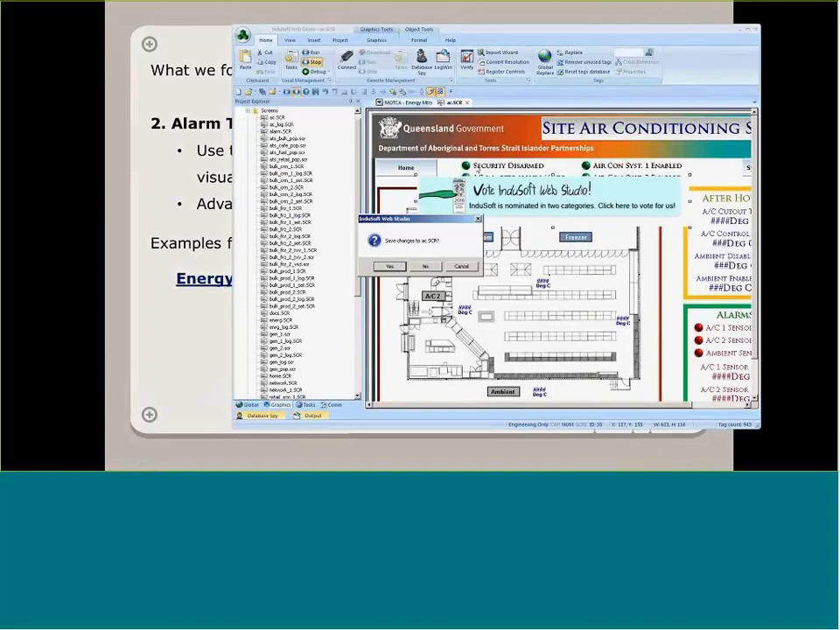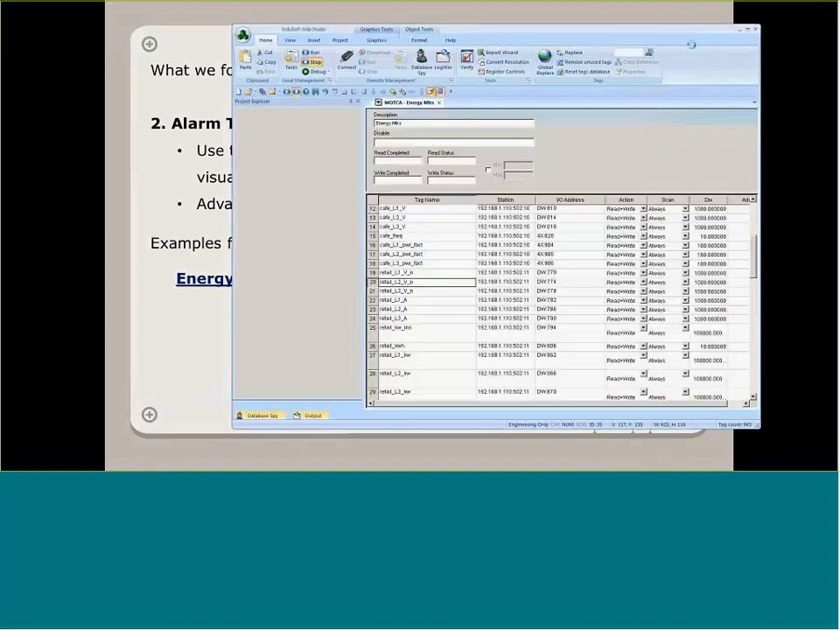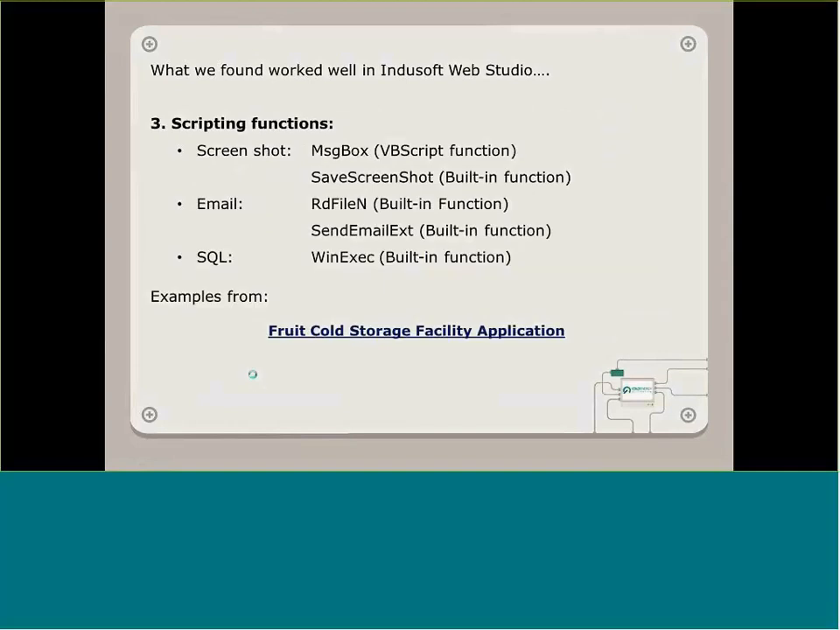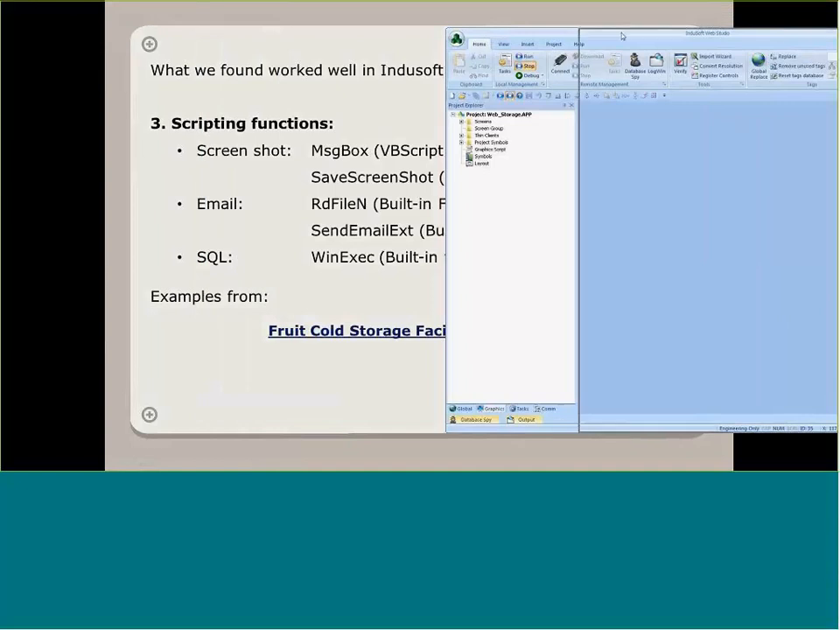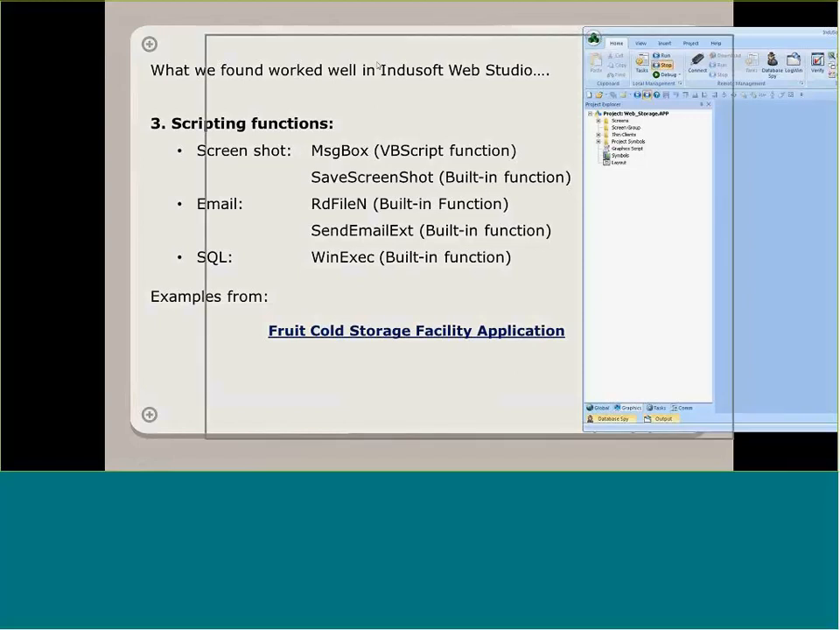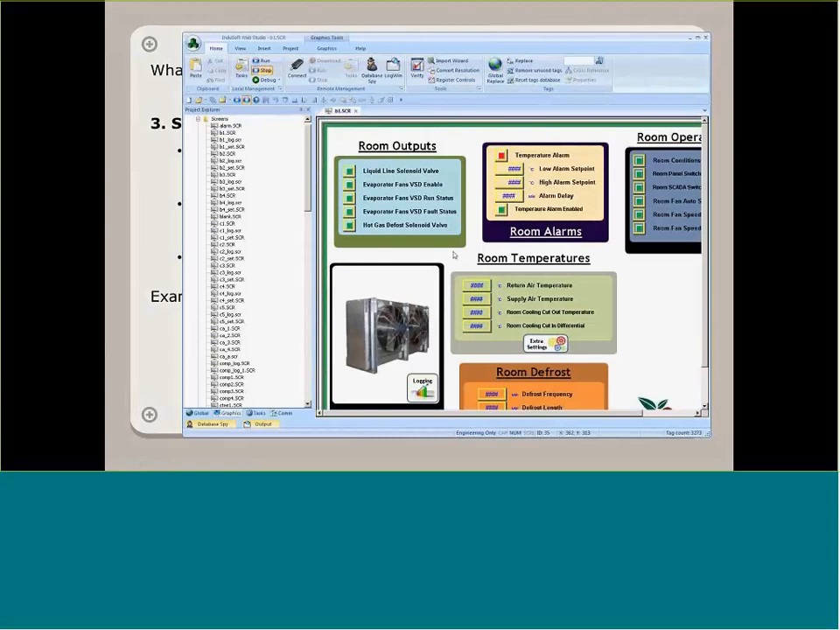Just have a quick look at the other application. So what we found worked well with the other application, which was the fruit cold storage facility, was the screenshot box, the email box, and the SQL box that we showed during the slide. So you can see there the functions that we used. Some of them were VB script functions, and a lot of them were built in, made by our good friends at Indusoft. So if we have a quick look at one of those,